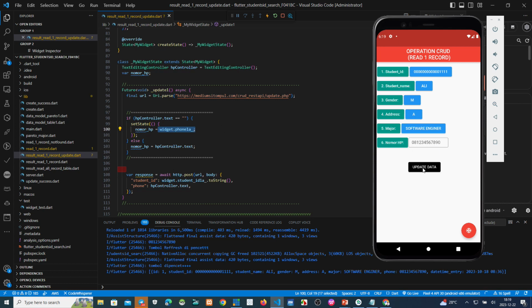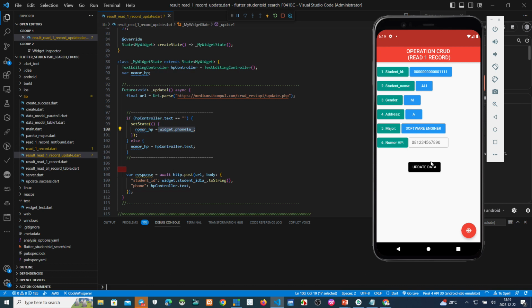Okay, we try. If we put here directly, we can see the content of data. Click here. Okay. Oh, still null here. Still null. There is something wrong.